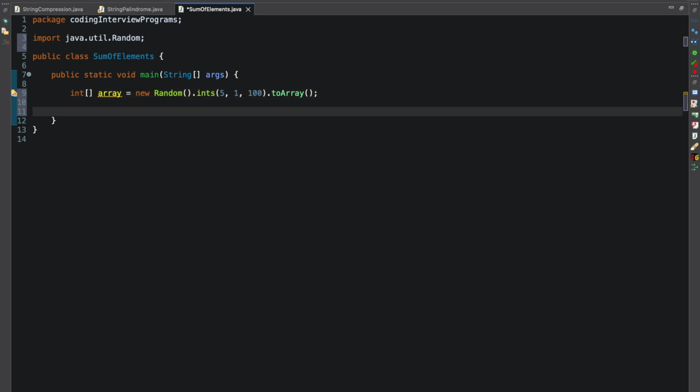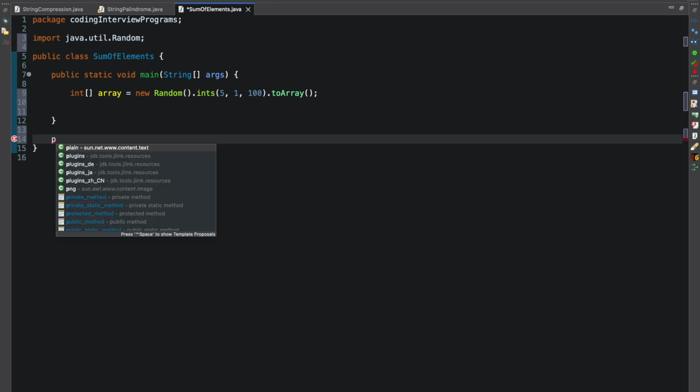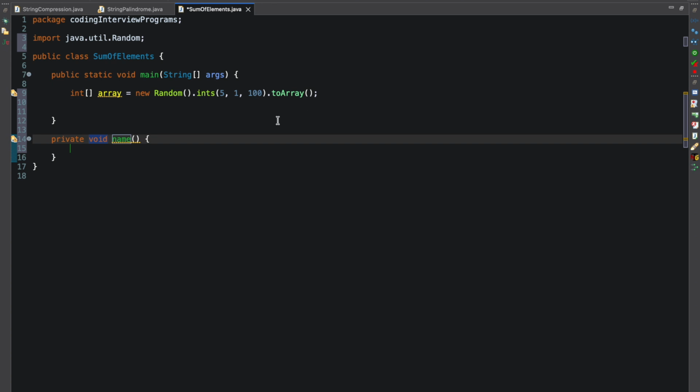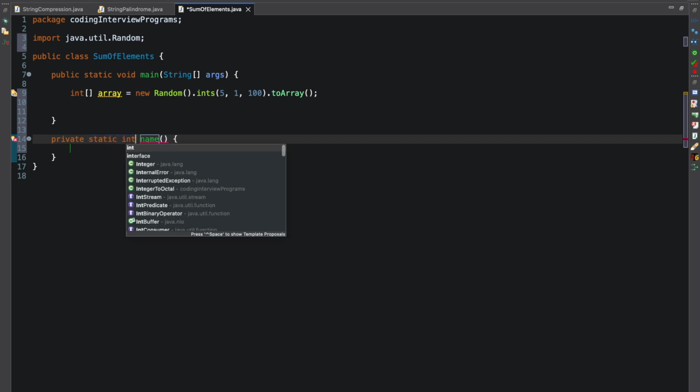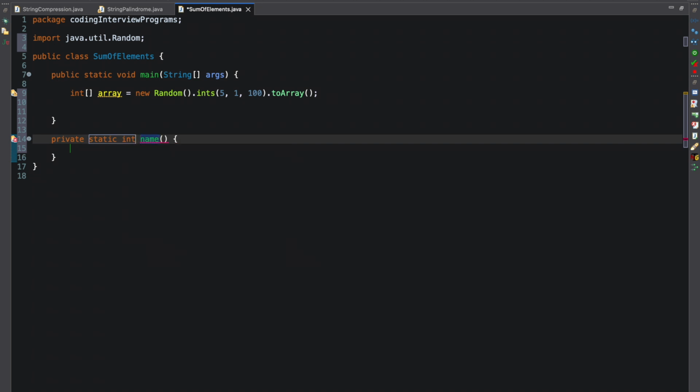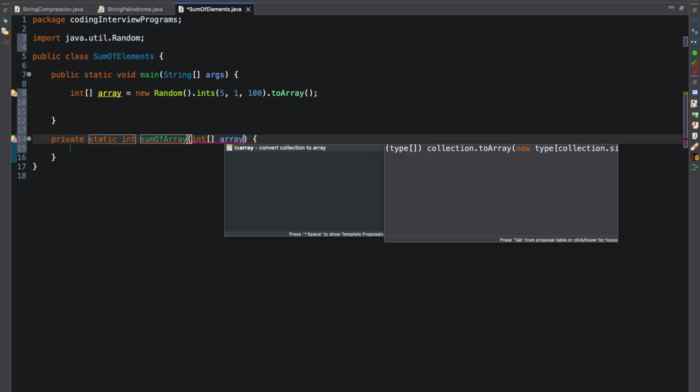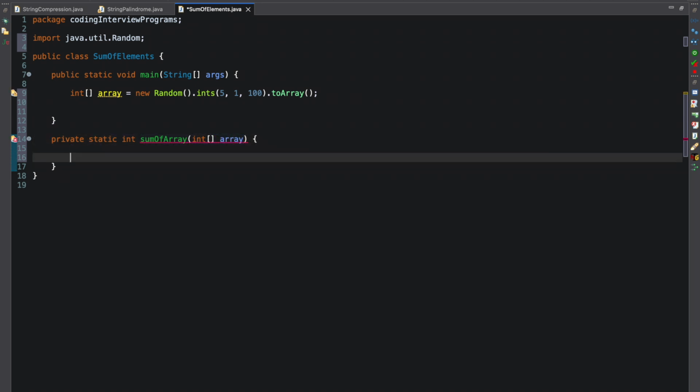Now what I'll do, I'll create the function: private static int, name would be sumOfArray. I would pass the array, then I'll just